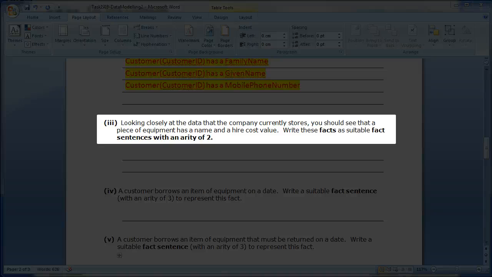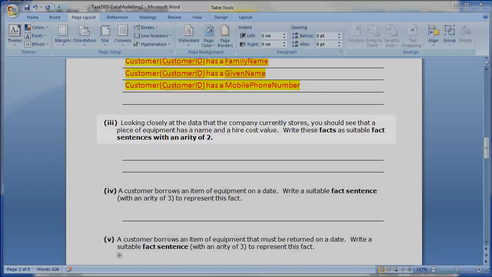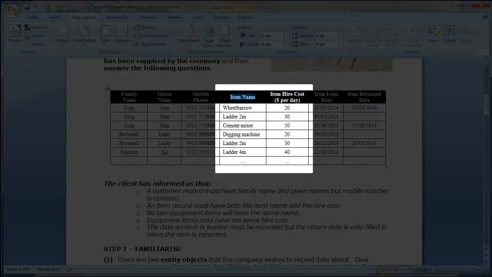Question 3. Looking closely at the data that the company currently stores, you should see that a piece of equipment has a name and a hire cost value. Write these facts as suitable fact sentences with an arity of 2. Again, it's wise to use the spreadsheet headings as the name of our value objects, and so the appropriate fact sentences are: